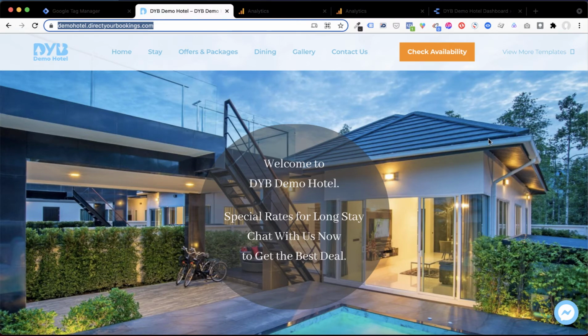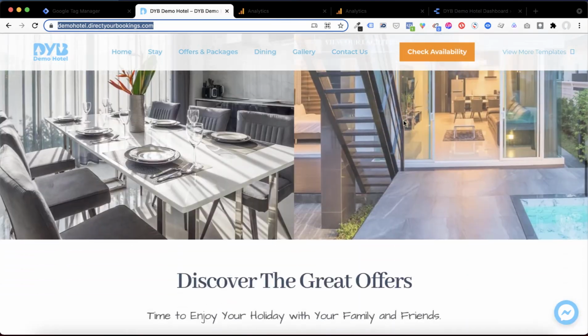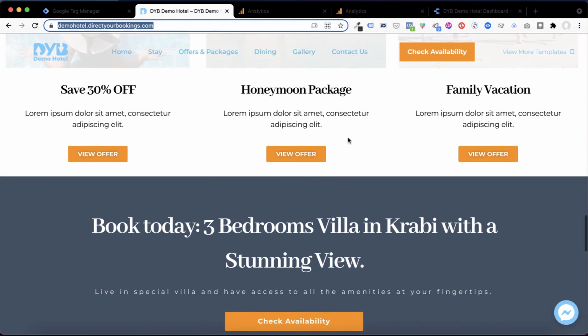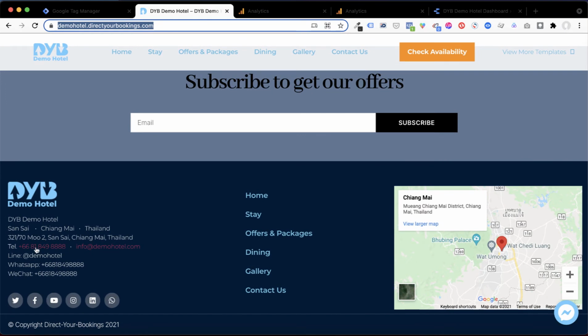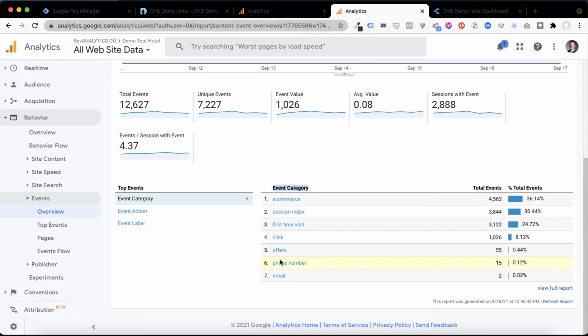want to track related to clicks, like check availability click, or clicks on other calls to action. Like here there is another one, or the view offer may be another one pointing to the booking engine, or the telephone number, or the email address, or again, this is slightly different because it's not a click, it's a form. We'll see that later on. But you see, there are many possible clicks, and I like the idea of combining them all together under the category, event category click,